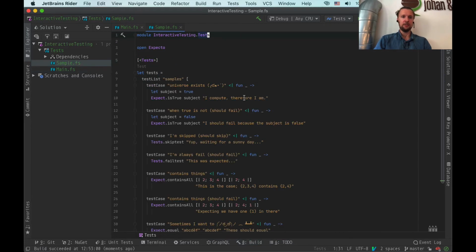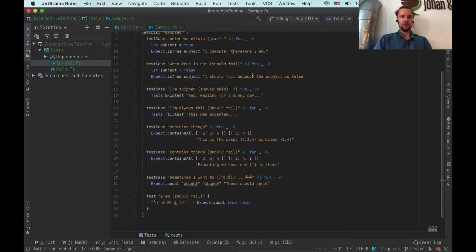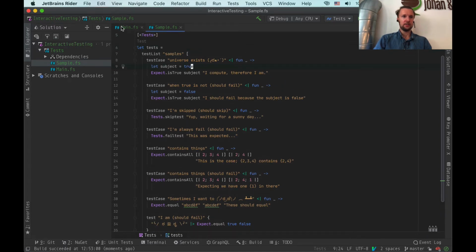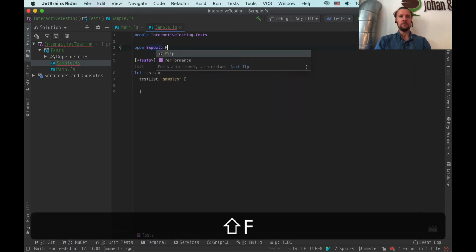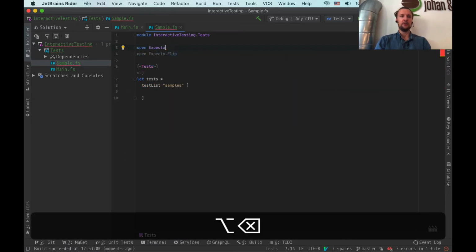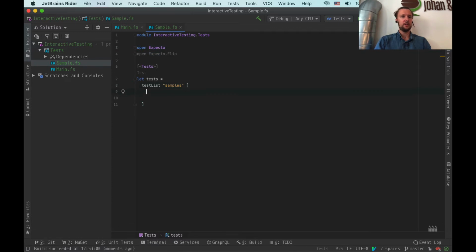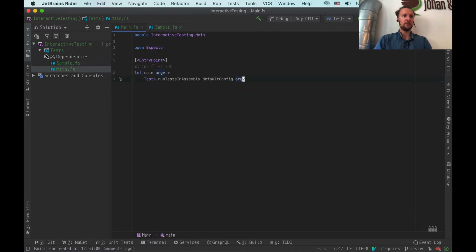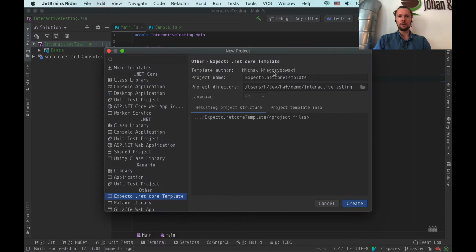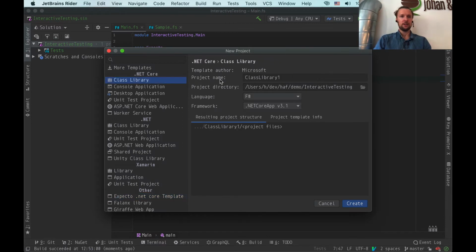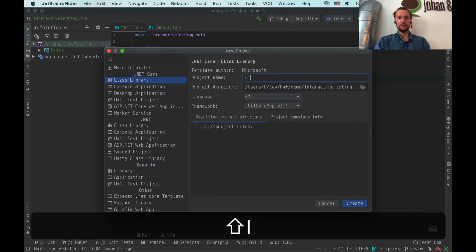Again, this is a sample, so we can see these example tests. Let's just delete those for now and open Expecto and Expecto Flip so we can write our own code. Right, so now we have one project called tests. We also want to add one more project, which is called library. So let's just add a class library, call that lib,